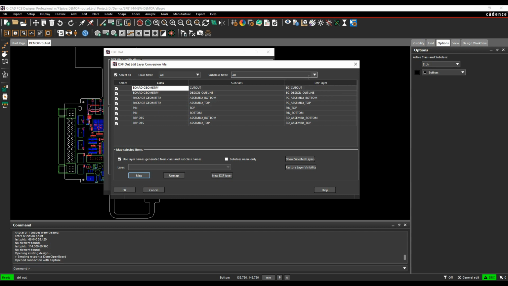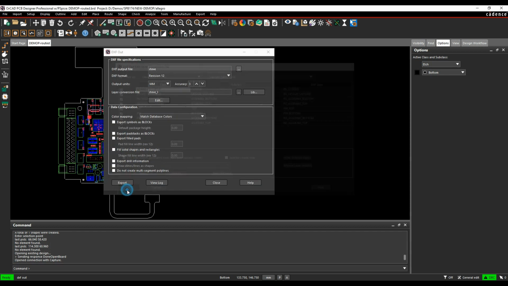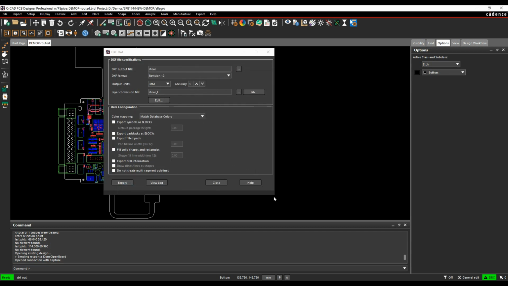And what this does is this creates a DXF layer name that will go in the DXF file that the MCAD engineer could effectively see. So it's using an abbreviation, say board geometry, cutout, design outline, etc. You can obviously just use the subclass names only if you want to. Once you've got your DXF layers or your mapping done, click OK, and then the final options here are